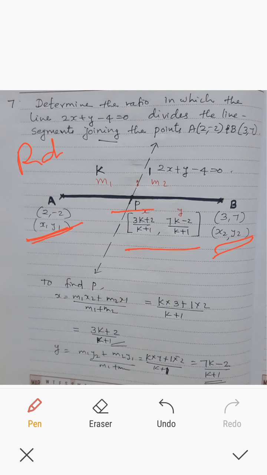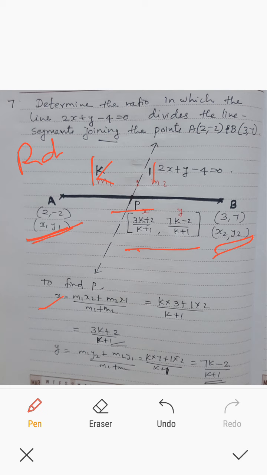The coordinates of the point of division are not given to us, and we are going to find them in terms of K. We assume the ratio, since we have to find the ratio, so let the ratio be K is to 1. After taking the ratio as K is to 1, by the section formula we can find the coordinates of P. We will not get P as a constant value since the ratio is in a variable K is to 1, so we will get the coordinates of P in K itself. So let's see what it is.